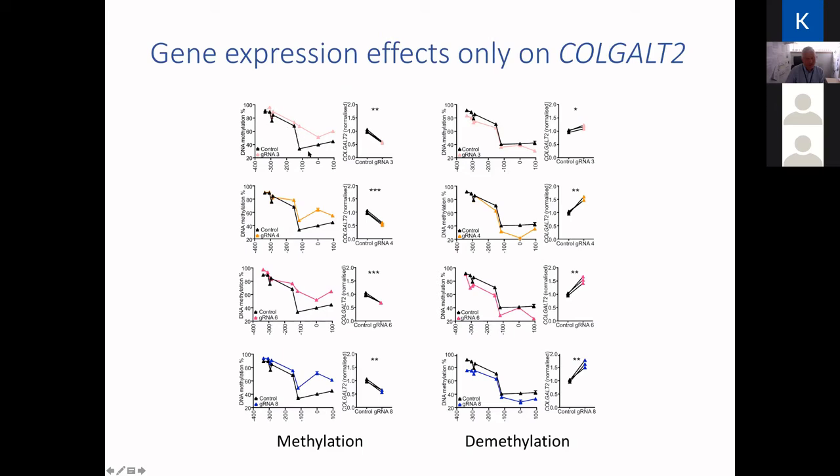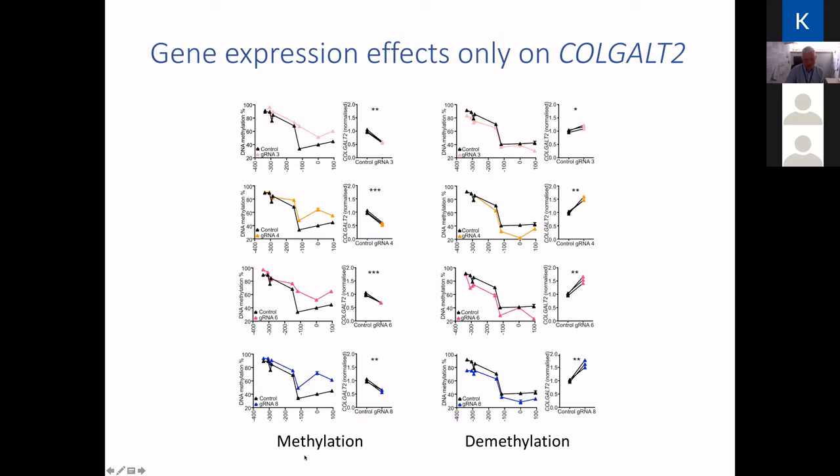And in black, we see where we have the control, so we don't have the guides to take the dCas9 to the piece of DNA. And in the pink just here, we have where we have managed to take the dCas9 to the enhancer region, and we're able to, in this instance, methylate it. So we're going from a low level of methylation to a high level of methylation, and we managed to do that with a range of different guides very consistently. And on this side, we're demethylating. So we're using TET to reduce the levels of methylation.